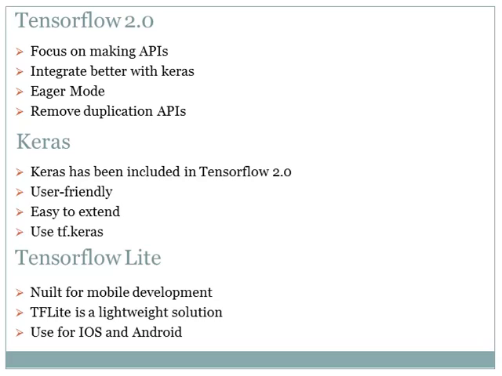In the second version of TensorFlow, they focused on making the API simpler and easier to use. The API components integrate better with Keras. By default, the eager execution mode is activated. Eager execution is a run interface where operations are executed immediately as they are called from Python. We can use eager mode instead of graph mode. We can compute what we need to compute and get results right away. This will make TensorFlow as easy as PyTorch, focusing on removing duplicate APIs.